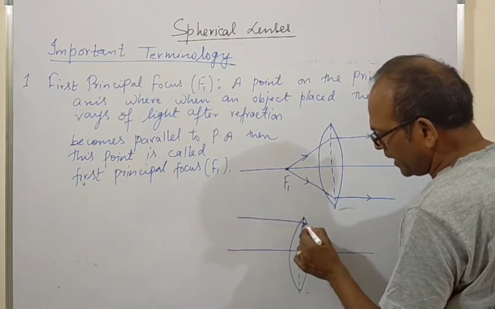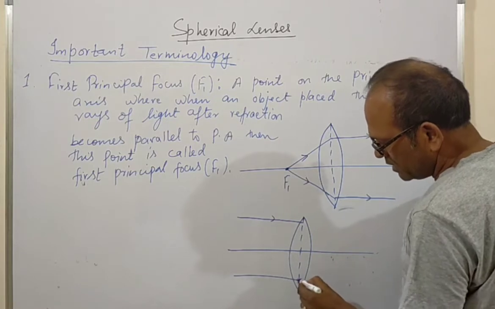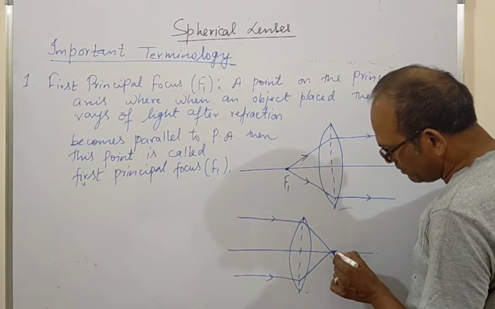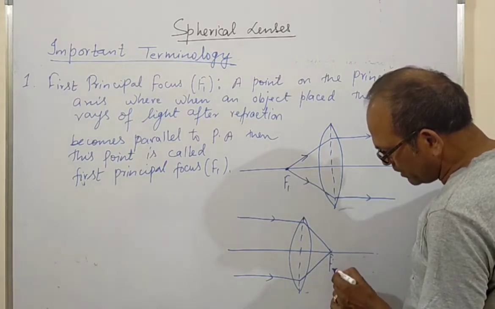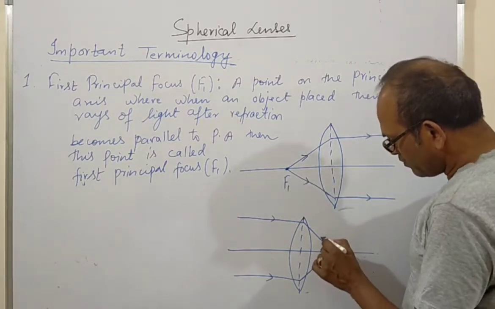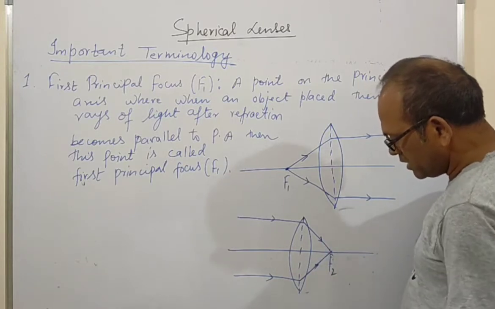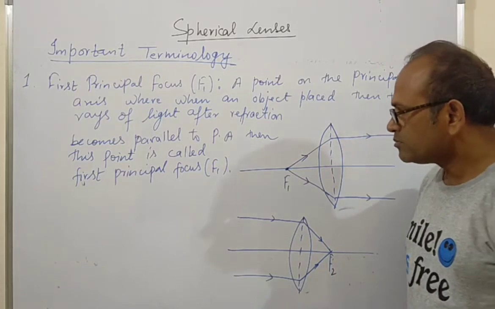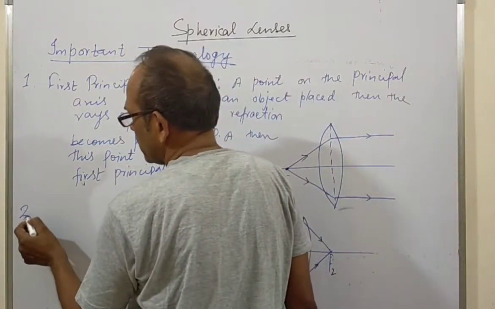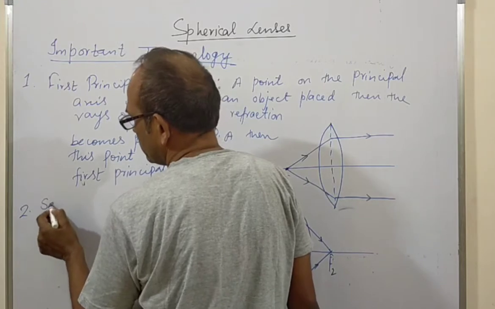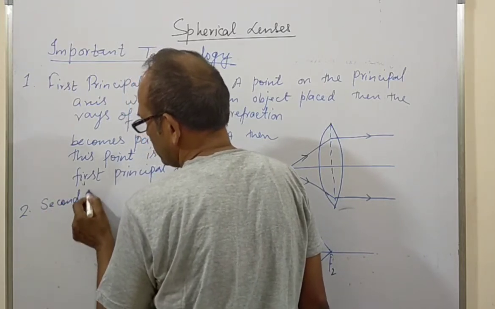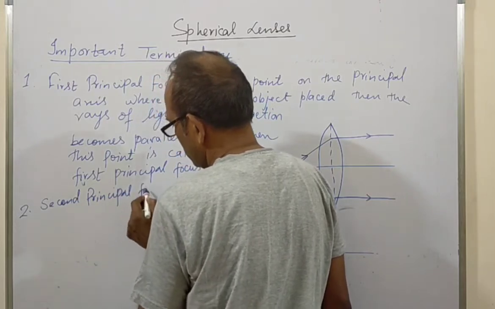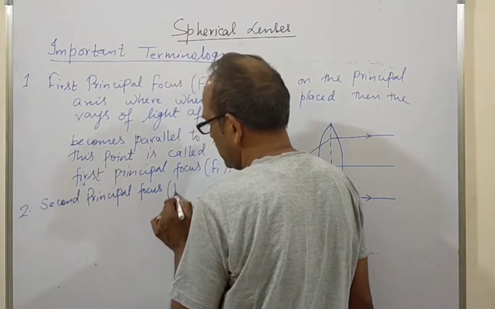Rays of light coming parallel to the principal axis, if the rays of light are coming parallel to the principal axis and after refraction meet at a point on the principal axis, then this point is called second principal focus. So second principal focus, F2,